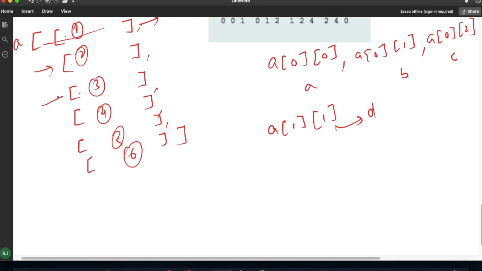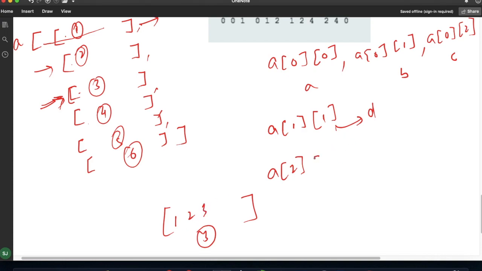Now from this I have to take the E, F, G value. To get this list I have to write A of 2, which will give me list number 3. From list number 3, I have to take the first, second, and third element.